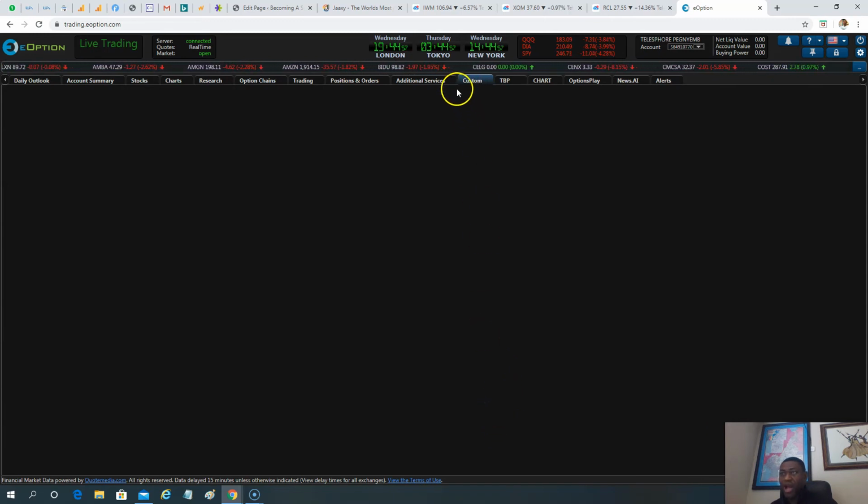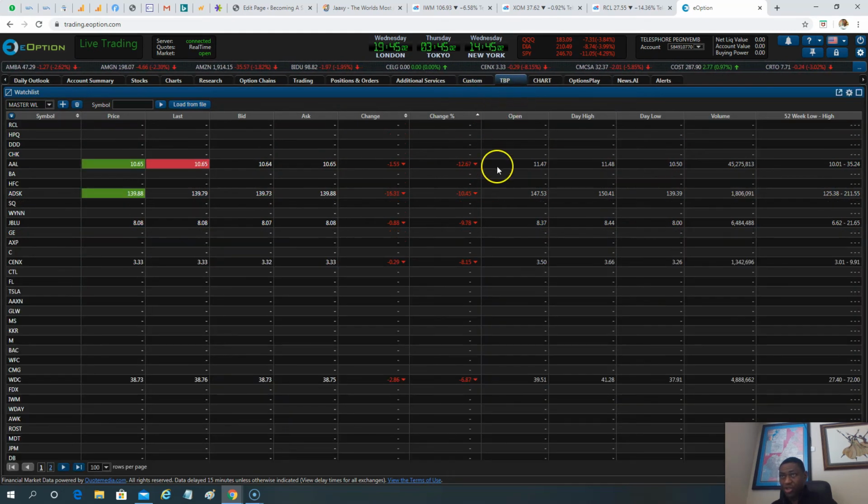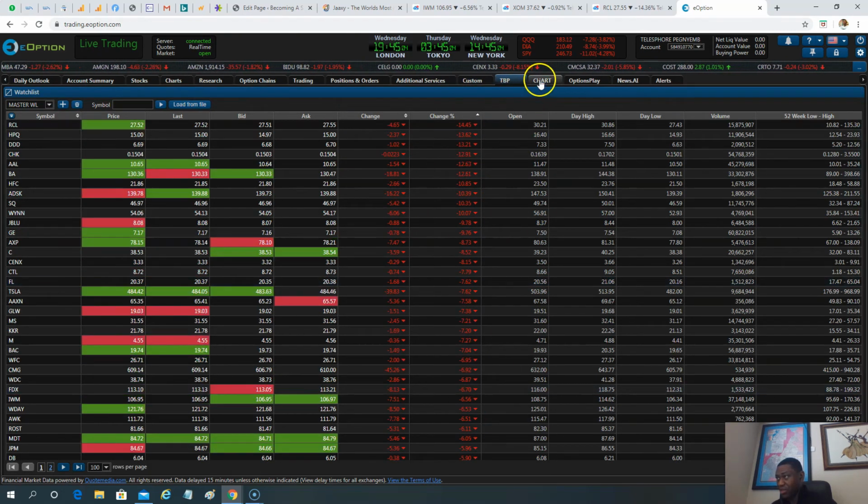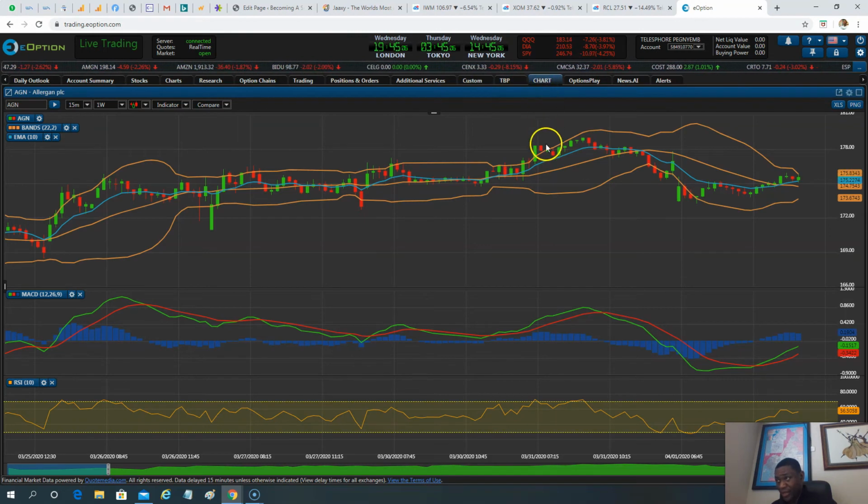Custom, I don't know what I put on the custom. So again, we talked about this. This is the watch list. TBP is the watch list, something that I added. Here's the chart: moving averages, the Bollinger Band, the standard RSI, relative strength index, and moving average convergence divergence. This is my standard setup, same as the one that I see on